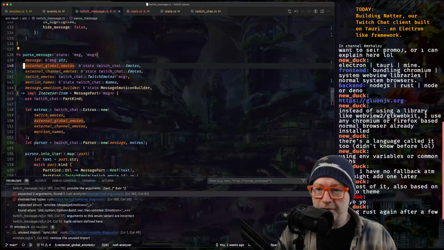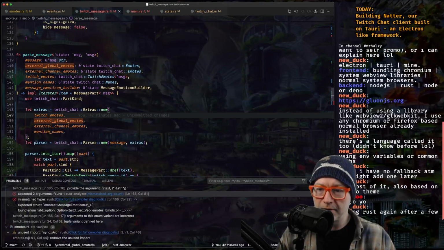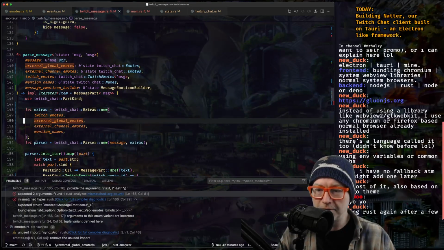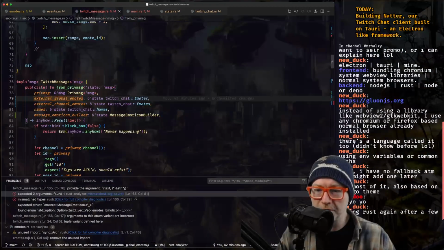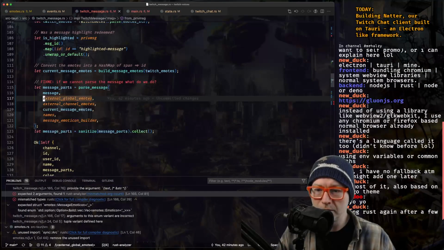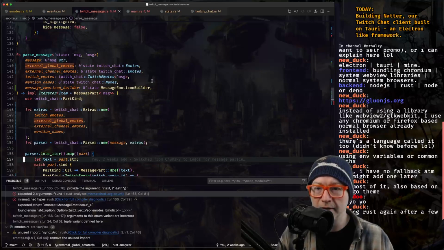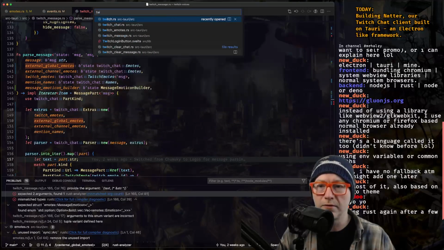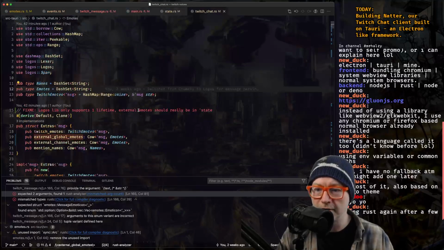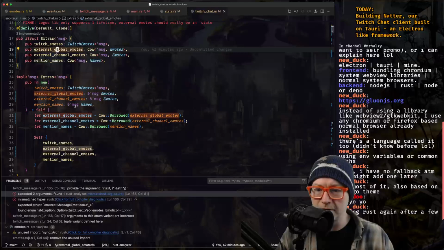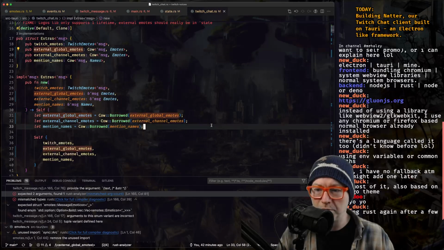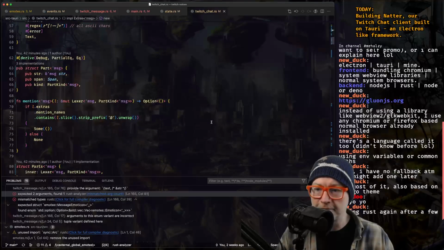So let's go down the rabbit hole here. We have our extras, and global emotes is going to be used when we parse a message. We get our parser, and then we get into Twitch chat. We have our extras, our borrowed global emotes and stuff.